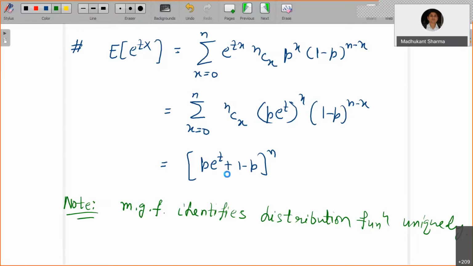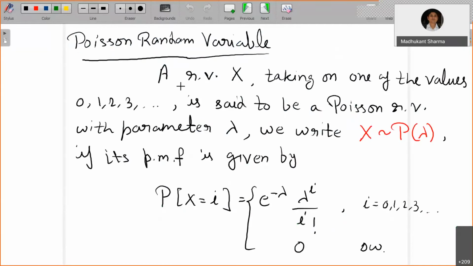So here is the definition of the Poisson random variable. A random variable x taking values, if you identify, from the set of natural numbers union with 0. So this is a countably infinite set. When n goes large, instead of going from 0, 1 up to n, it keeps on going one step ahead, and it is still countable.